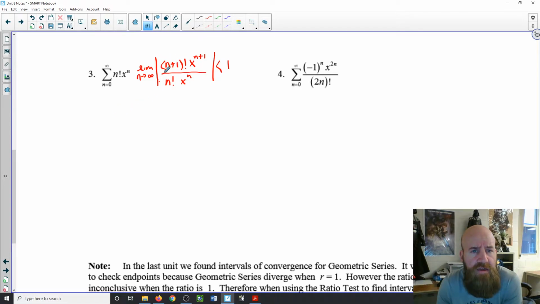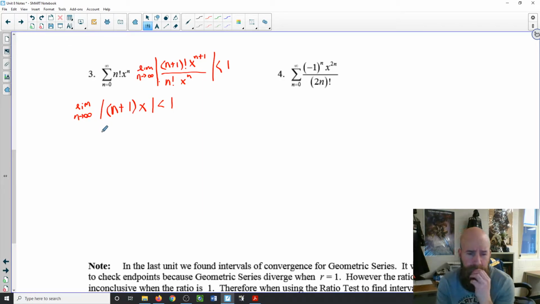When we cancel the factorials, we end up with n plus 1 on top, and we're left with an x on top. If we run the limit of this, I don't know if I wrote this in the other examples, but we're still thinking limit. I didn't write it in the last ones because there was no n to plug infinity into. That's why we could do what we did before. But if you still have an n in here, let's think about this. If we run the limit,